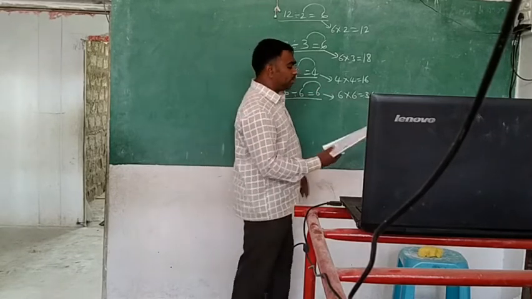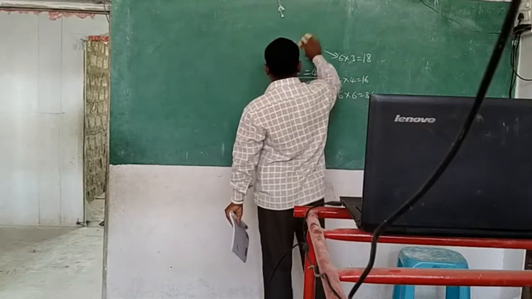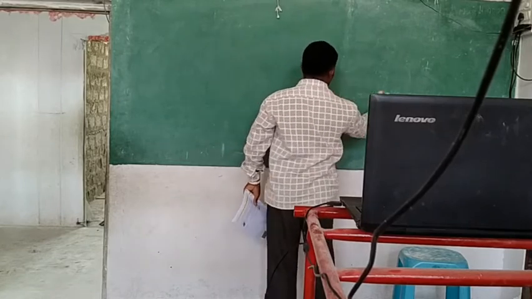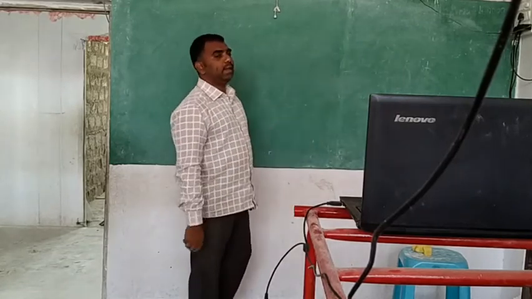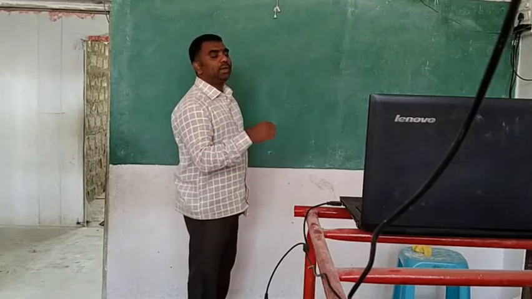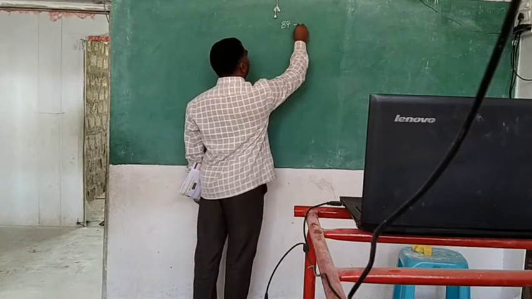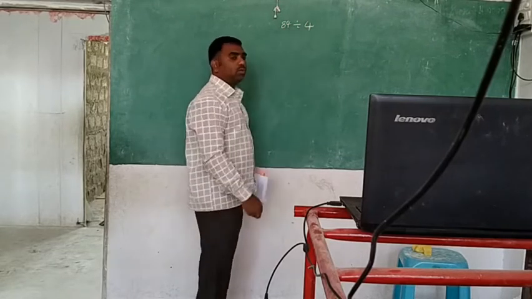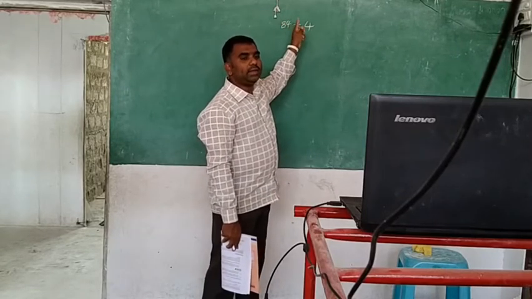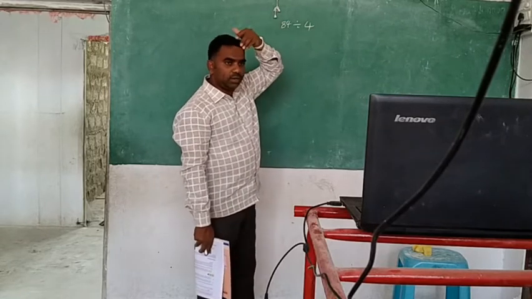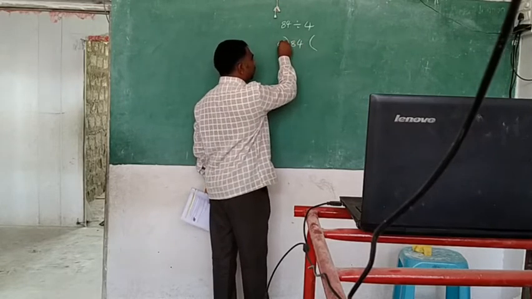Okay, you see, some other divisions I am saying here. 84 divided by 4. Like this divisions I think you have learned in 3rd class. When numbers are small, you say by using the table. When the number is big like this, 84 divided by 4, in the 4 table you can't say this number. But here the table is very difficult. So what we will do, we will do the division method like this. We will take 84 and we will take 4 here and we will divide.